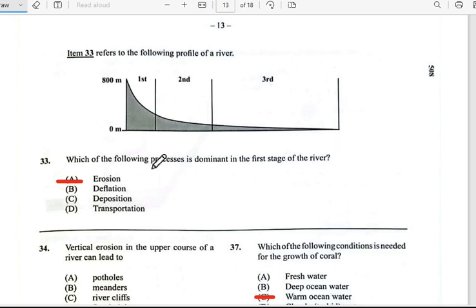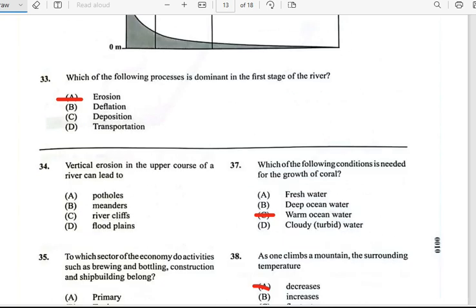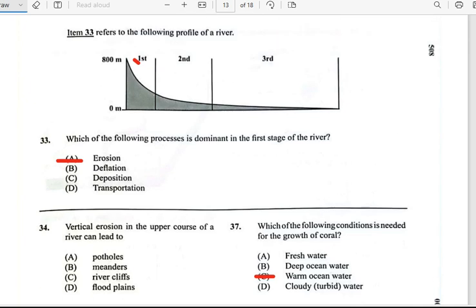Alright, so it says, which of the following is dominant in the first stage of the river. So this is the first stage, and it has to do with erosion. Alright. Number 34. It says vertical erosion in the upper course of the river can lead to, and it says vertical. So you guys know horizontal, vertical, alright? Alright, so if we have vertical